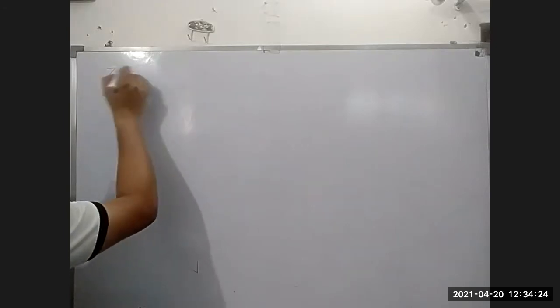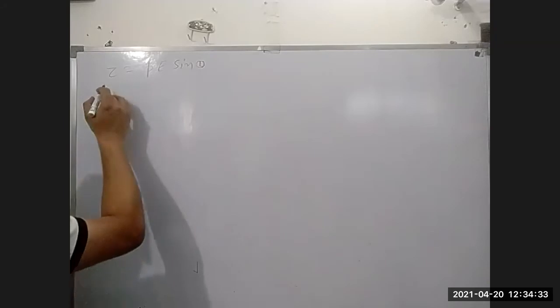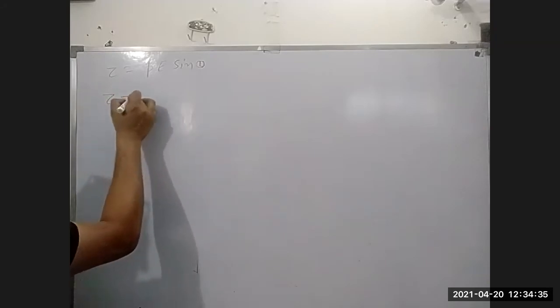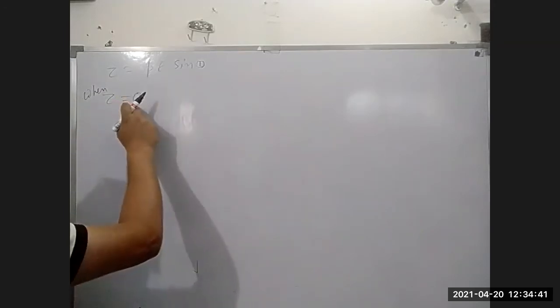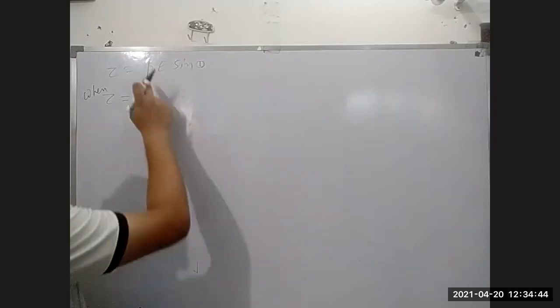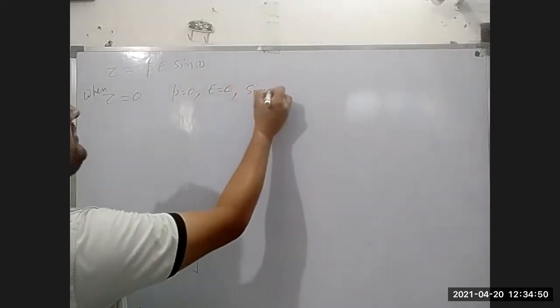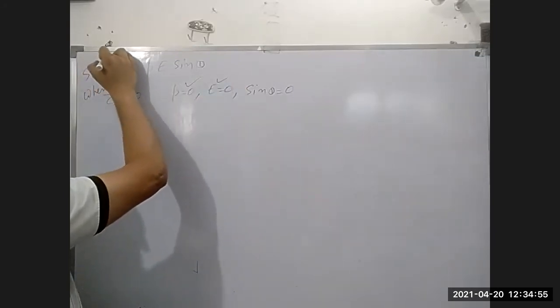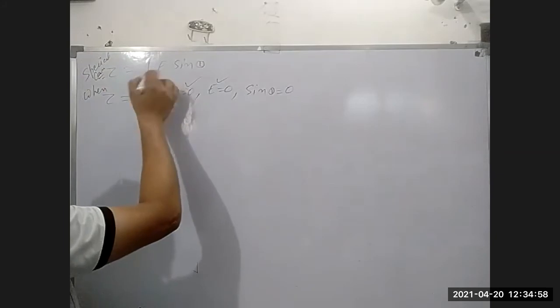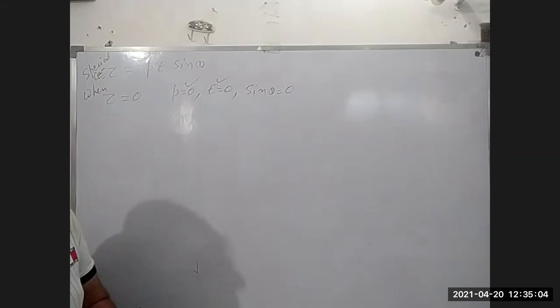You had derived the formula for calculating torque: PE sine theta. Let us discuss when the value of torque is 0. Torque is 0 when P is 0, E is 0, or sin theta is 0. But when discussing special cases, you do not take the value of P and E here. You have to focus on the situation which is special.